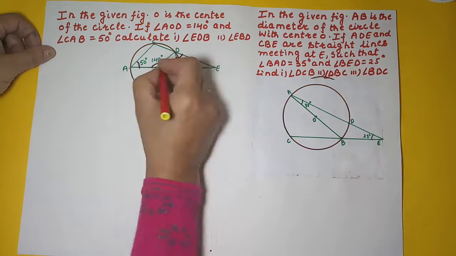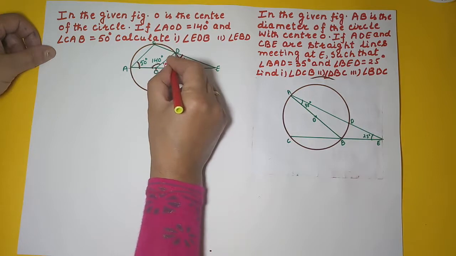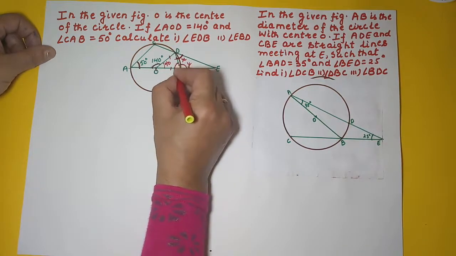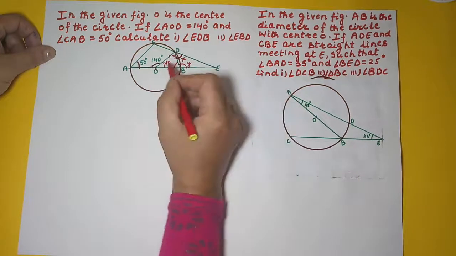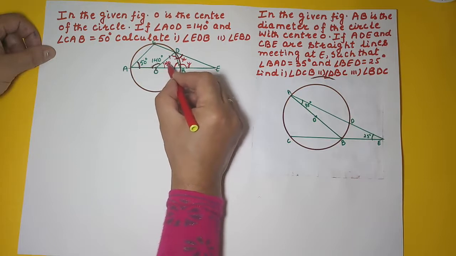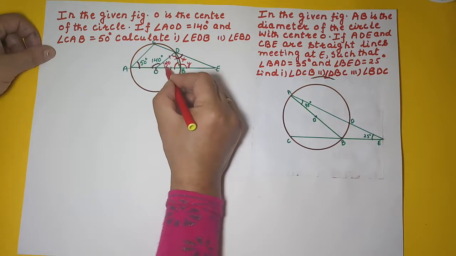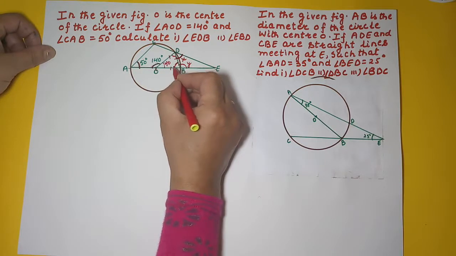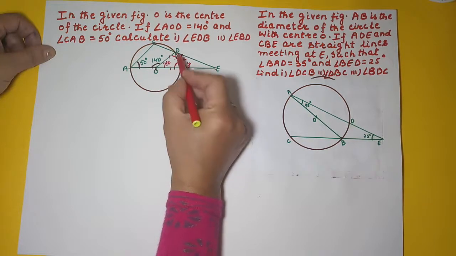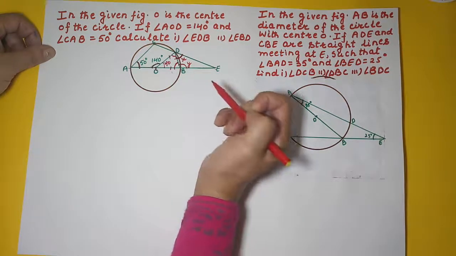Once you have found this angle 40, then OD is equal to OB, radii of the same circle. So that means this angle and this angle will be same, X or maybe P. You can calculate this angle. Once this is 40, so this will be P plus P. 2P plus 40 is 180. So 180 minus 40 is 140. So this angle you will get as 70. So once you got this angle as 70, you will get this angle EBD. 180 minus 70, that gives you 110.